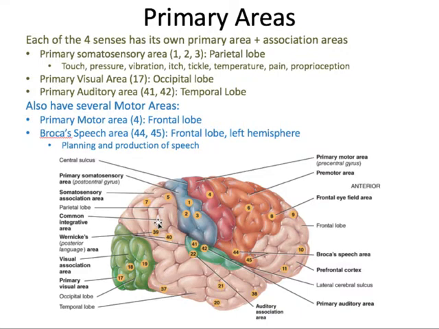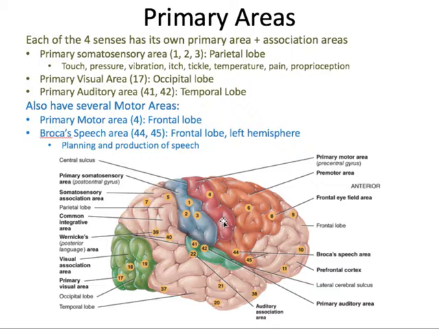We also have a couple of primary motor areas, okay? So the biggest one, skeletal movement, is going to be in the primary motor cortex. That's in the precentral gyrus right here. You can see it's in red. It's got a number 4 on it. That's part of the frontal lobe. So the obvious question here is, which lobe is associated with the primary motor area? That would be the frontal lobe.